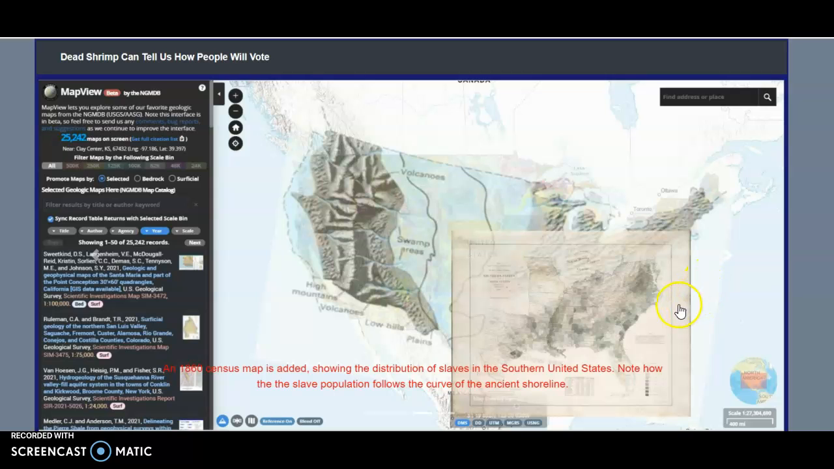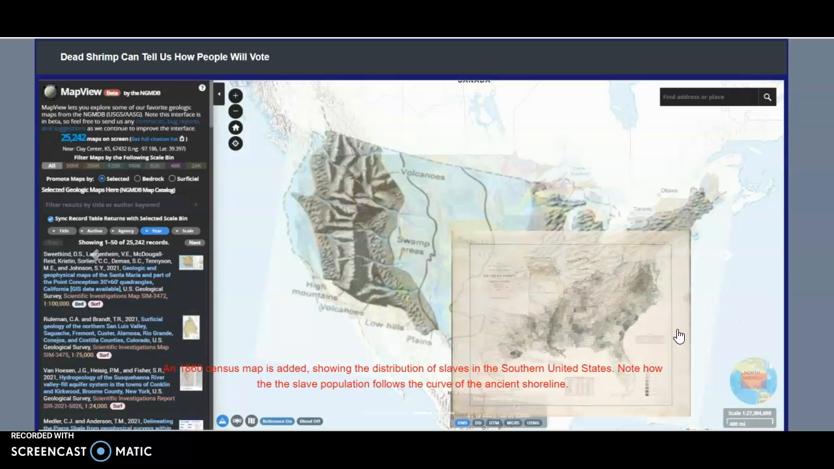Now, the 1860 census map is added to the layers now, and it shows the distribution of slaves in the southern United States. And you can see that the counties that have the densest slave population mirror the ancient Cretaceous shoreline. Now, the reason for that is because